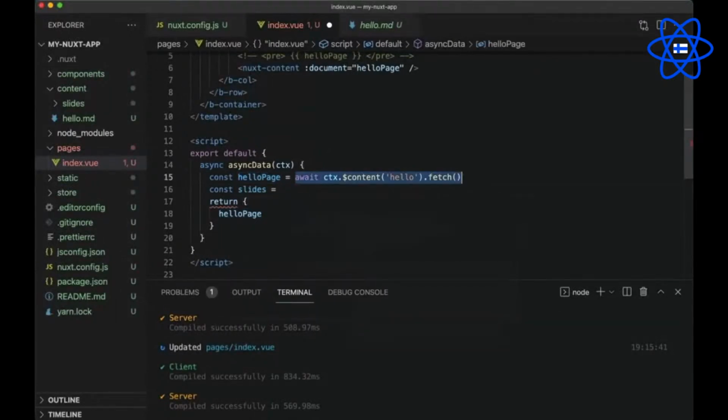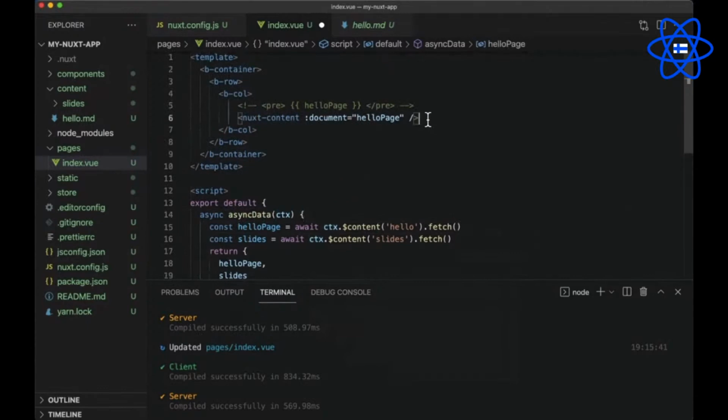The entire fetch call will remain the same, except we won't be providing a single Markdown file name. Instead, we will provide the name of the folder so that it can return an array of Markdown files for us, right?